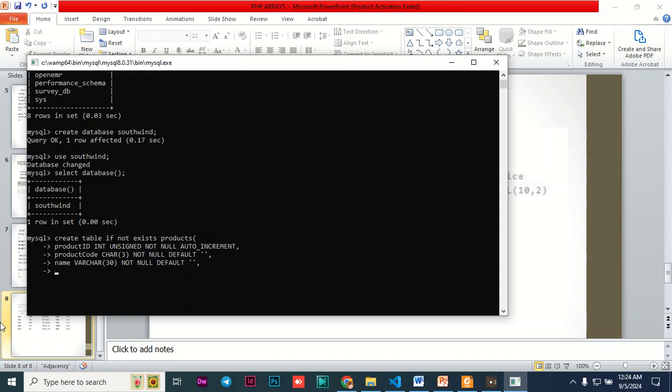Then you press enter, you put a comma, and then you press enter, then you go to the next one, quantity, int unsigned, not null, default, and then you just put the value like 0. The default value is 0, and then you go to the next one, that is price,